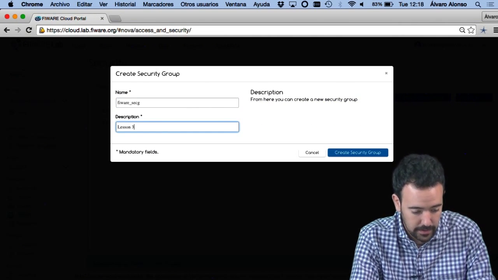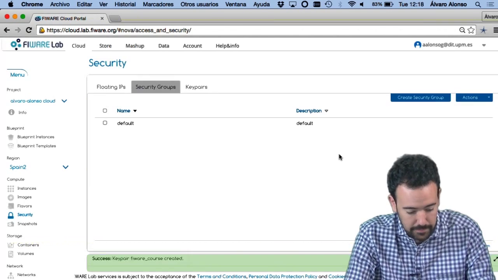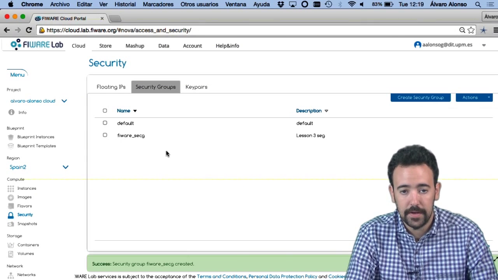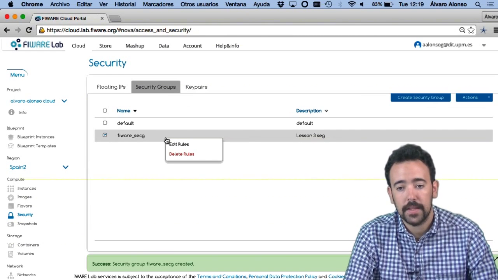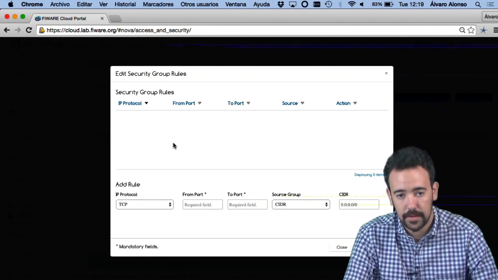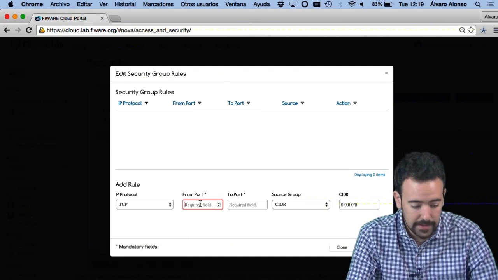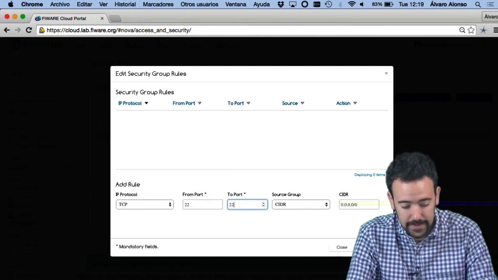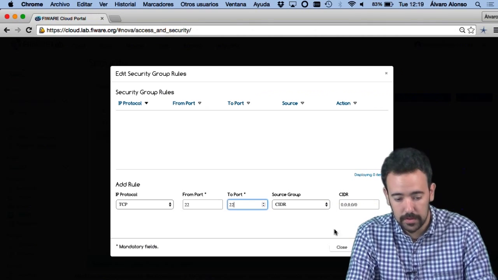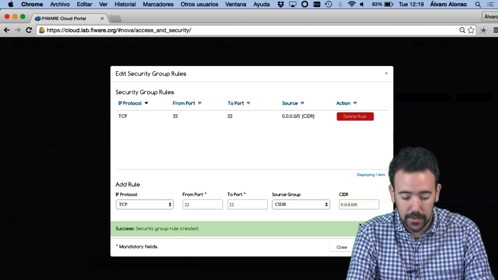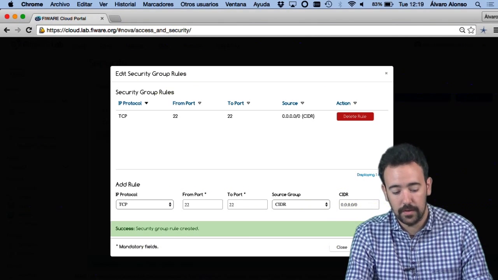Okay, lesson 3 security group, for instance. Okay. So now this new security group will appear here, and clicking with the right button I can edit the rules. Okay, in order to access using this protocol remotely, I have to add the TCP/22 port. Once the rule is correctly added, the security group is correctly configured. Okay,